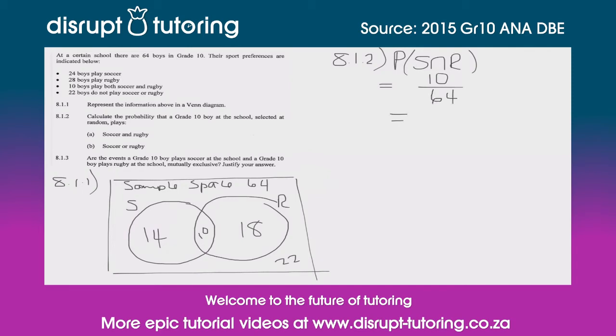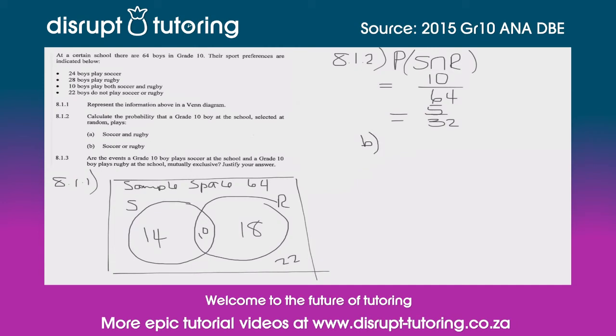So that means your probability here is 5 over 32. You can write it as 5 over 32, as 0.15625, or as 15.63%. So it means that only 15.63% of the boys in this grade play both sports, and that would be the probability of pulling those boys out. Then we move on to